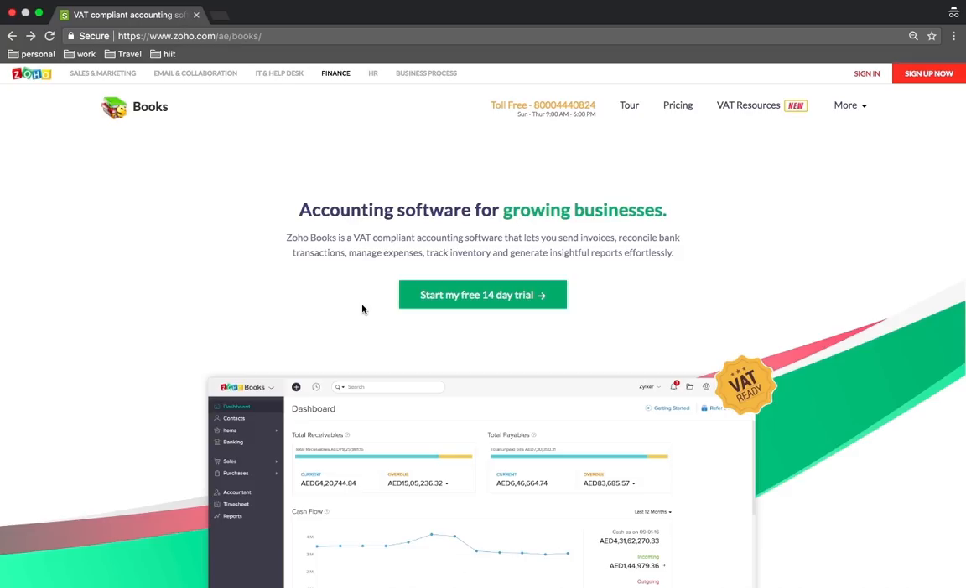I am one of the product marketers here at Zoho Books, and today I'll be giving a demo and a product walkthrough through our VAT compliant edition of Zoho Books. So, as you can see on the screen here, it is an accounting software, a smart accounting software for growing businesses, and Zoho Books is completely VAT compliant now. It lets you send invoices, reconcile bank transactions, manage expenses, track inventory, and you can generate 50 plus insightful and